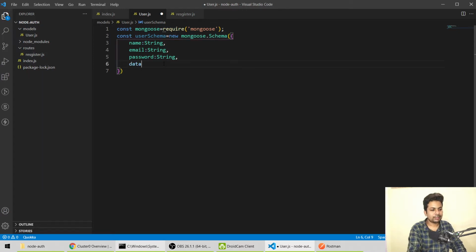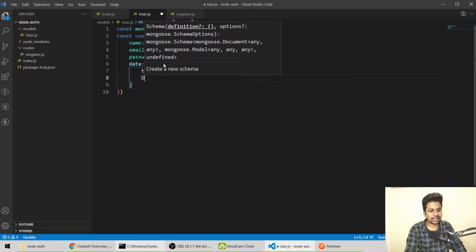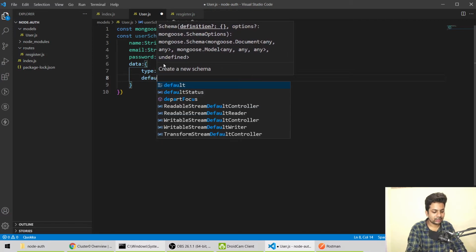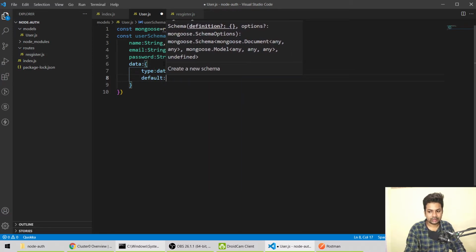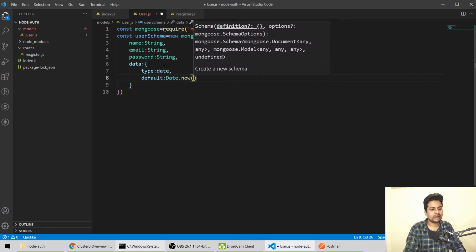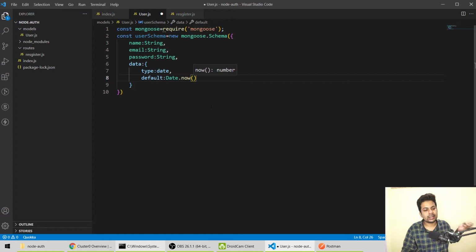We can put date also, it will be automatically created. For date we'll say type Date, and default, if we are not sending date, its default behavior will be to automatically get Date.now, whatever the current date is, and save that. Date.now will get the current timestamp and save it by default.